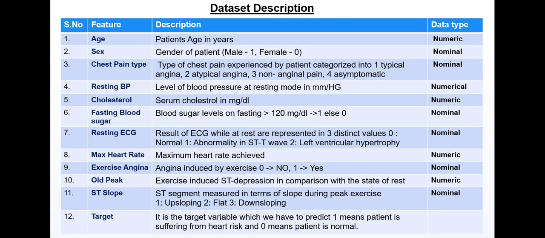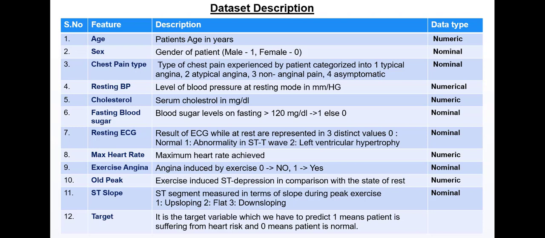Next comes the asymptomatic. Asymptomatic is actually the silent pain, and it is also known as the silent killer, because most of the time some patients feel this type of pain, and this is basically asymptomatic pain. Generally, it also results in a heart attack. Such types of heart attacks are known as ischemia, and these are also known as silent killers because they will not give you any symptom, and while you sleep you will get the heart attack. So these are the four types of chest pain type.